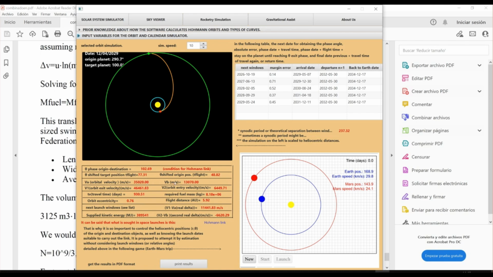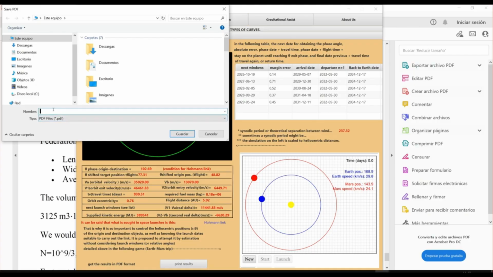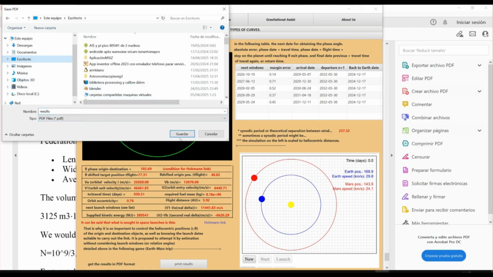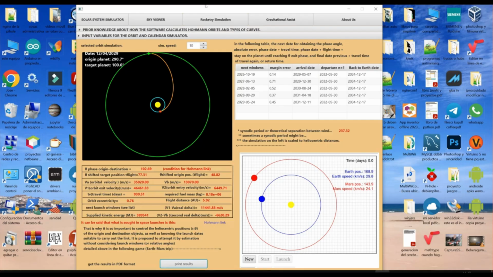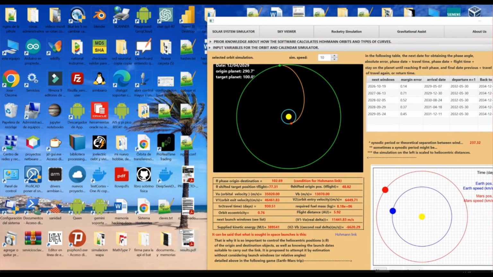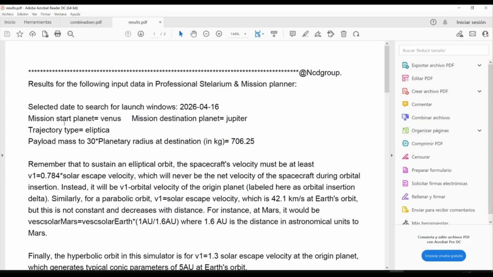Return to Earth column. The simulator also provides us with the advance, positive angle, or delay required for the destination planet to enable a rendezvous, the angular displacement of both origin and destination planets during the spacecraft's flight, the orbiting speeds, A and B, of the origin and destination planets, the launch velocity v1, the insertion velocity v2 for entering the destination orbit, the total flight time, the required fuel mass, the orbital eccentricity, the flight distance in astronomical units,